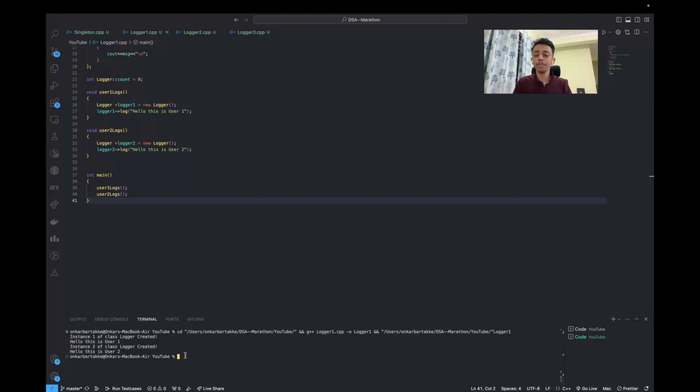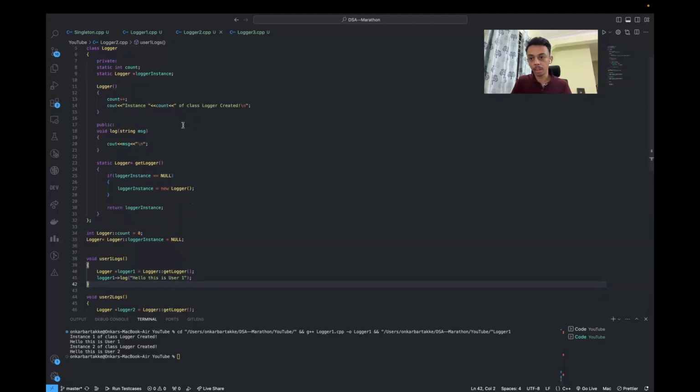We want to forcefully implement that only one single instance of the logger must be created, and whenever a user needs that, you call that only one instance, don't recreate that instance. We want to forcefully implement that. So which pattern do we use? The singleton pattern. Let's move to version 2 of this code to understand how it's implemented.